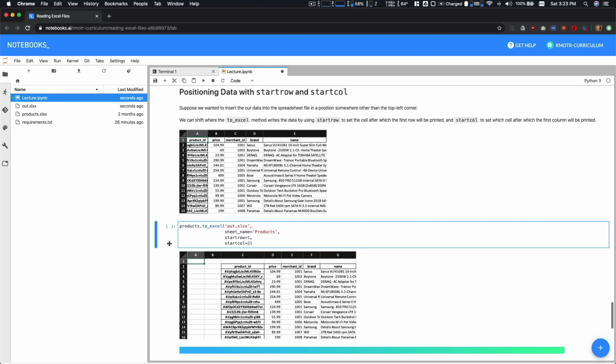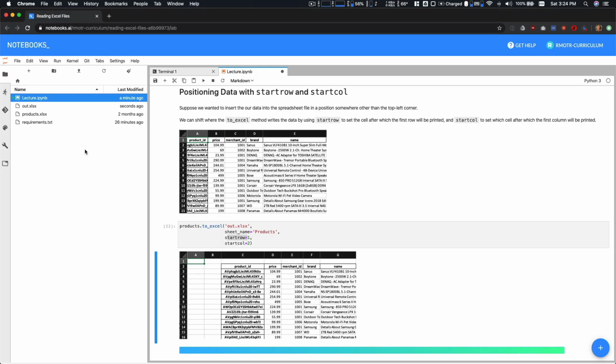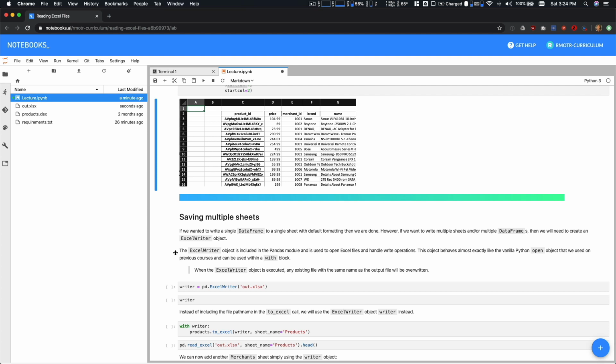right? So in this case, what we can do is we can write the same products data frame to the same file, same sheet name, but we can shift the starting row, right, 1 below, and the starting column 2 to the right, right? And I have already parsed this file. I have it right here. You can see that there is one empty row here and there are 2 empty columns here. So this might be convenient if you have some sort of process already set with, I don't know, a coworker,